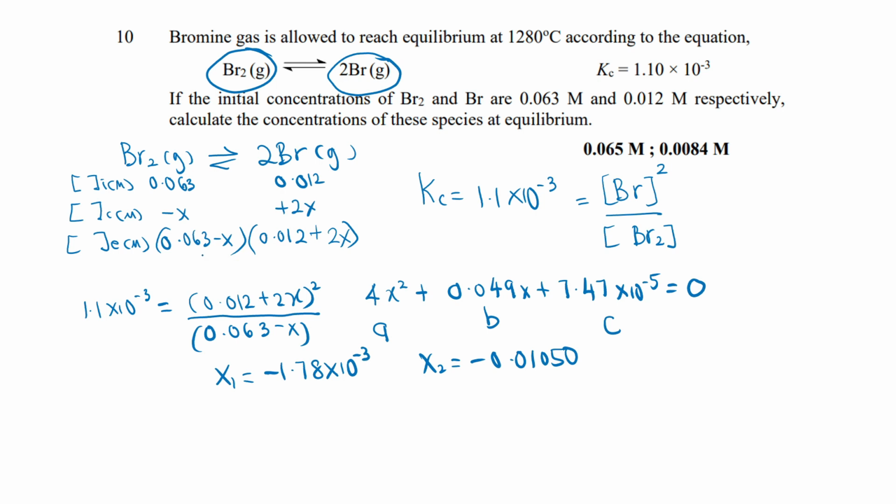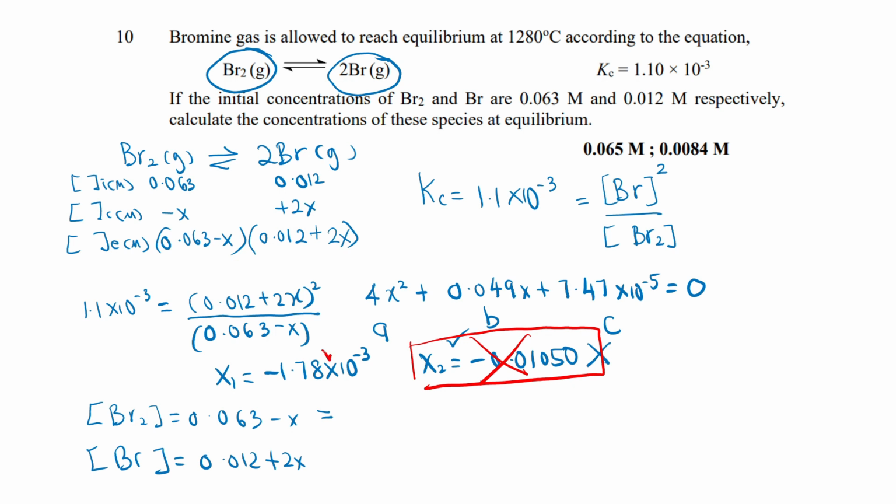Obviously, if we take X2 and substitute it into the expressions, where the concentration of Br2 is 0.063 minus X and the concentration of Br is 0.012 plus 2X, then for Br2 there is no problem, but for Br it will become negative. So X2 will be neglected. We do not take X2, so we choose X1. When we substitute the value for X1, we get the concentration of bromine 0.0084